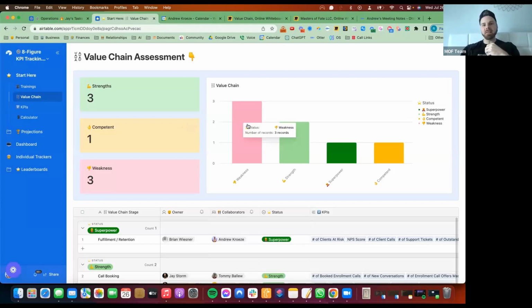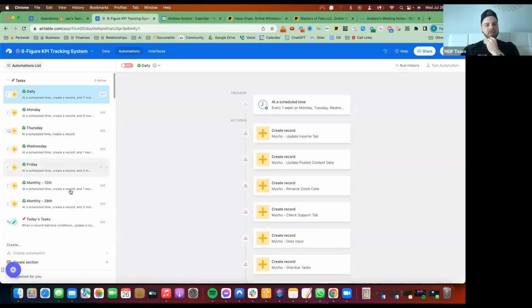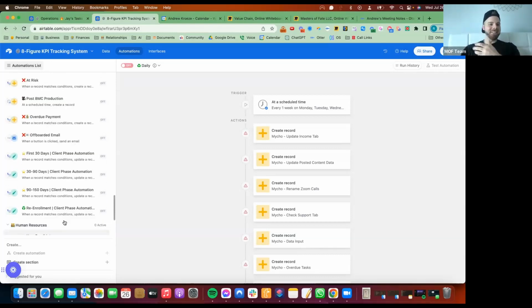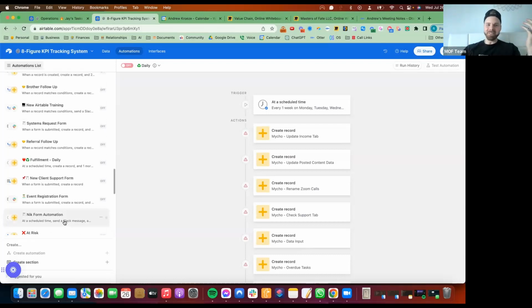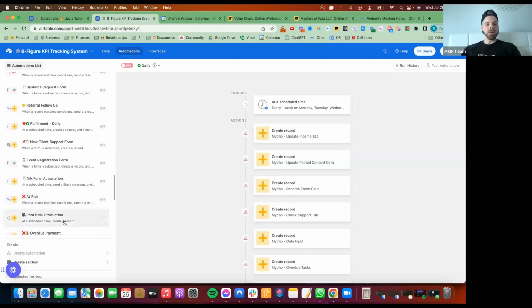So then once data is in there, you can create charts, you can create graphs, you can create numbers, you can create calendars, basically everything in here. The coolest thing about Airtable is the automations. So you can connect Airtable to just about anything with Zaps or the native automations with Slack, with Google Calendar, and with automations within the Airtable natively. So I actually didn't delete some of these automations, so you guys will see some of the ones that we have set up. But some of my favorite ones are